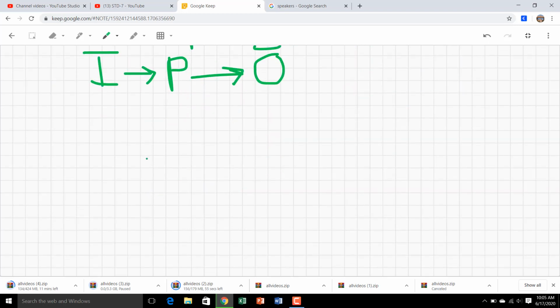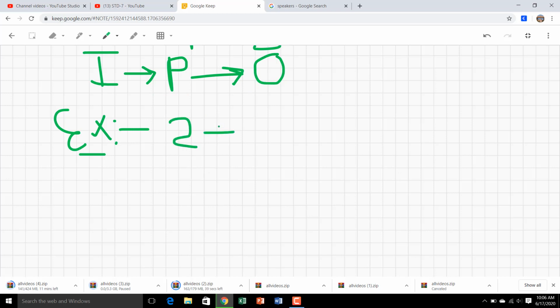Now, as an example of input, process, and output, suppose our input is 2 plus 2. These two numbers are our inputs, and the plus sign is our processing.